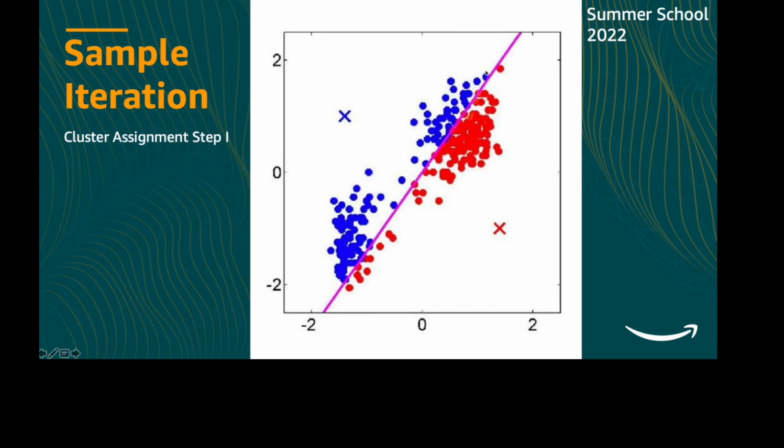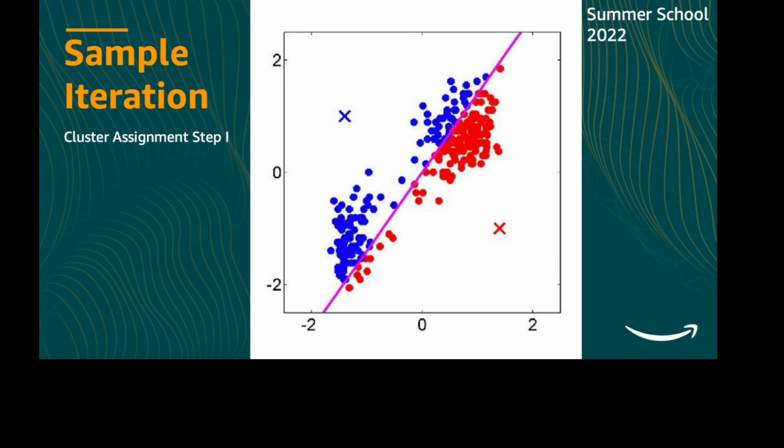So let's see the next step, right? Once we do it for all the data points in our data set, we have a cluster label for each of the data points. Now see, this is step 3 done for the first time, the cluster assignment. Here, if you see, the initially randomly chosen cluster center is not a very good representative of your cluster. So see, this blue cluster, the center is here, and all your points that belong to that blue cluster are here. So we can actually update the cluster representative.